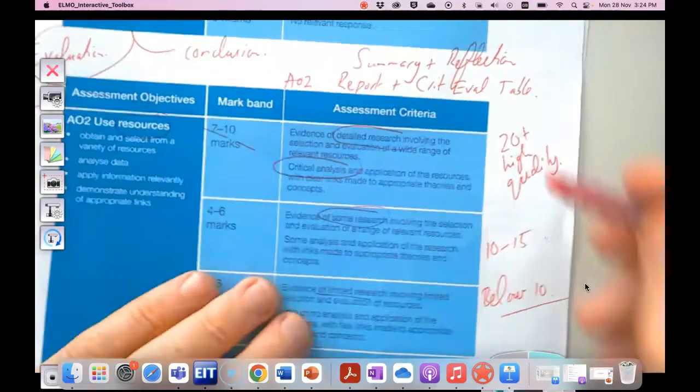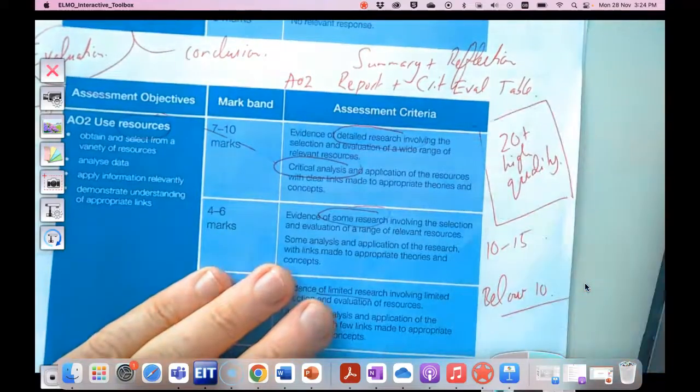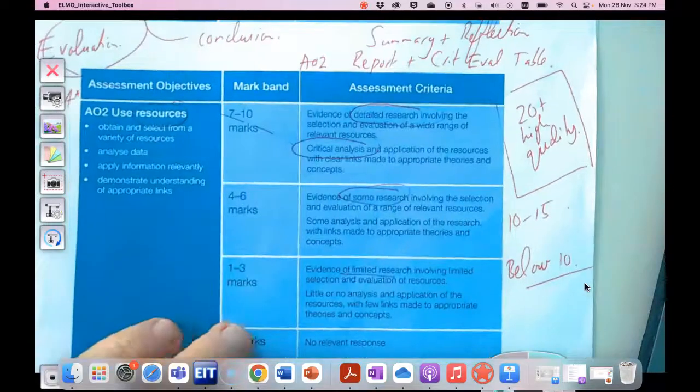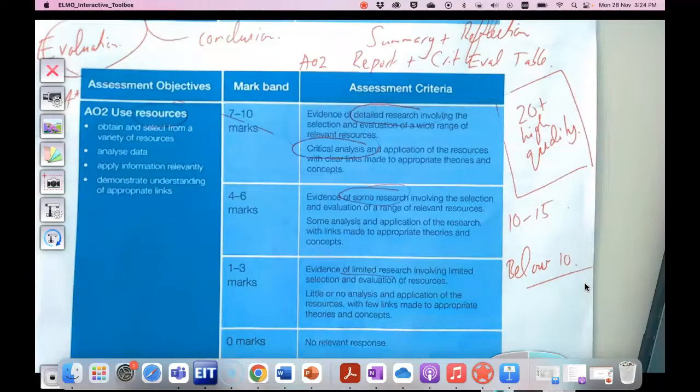And I just want to remind you that the whole idea of the EPQ is it's beyond A-level, so this is really important. They should never be using A-level sources at all, no textbooks or anything like that. And ideally, they should be looking at journal articles. So they might quote something like the Daily Mail occasionally, but that's usually to dismiss it for being a shallow source. On the whole, they should be looking at expert journals, working through Google Scholar,